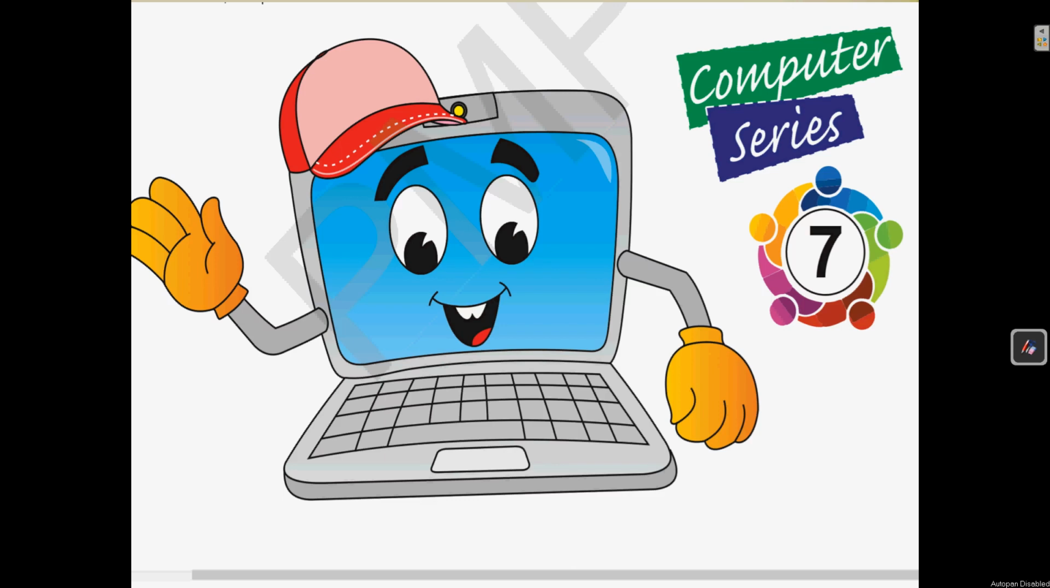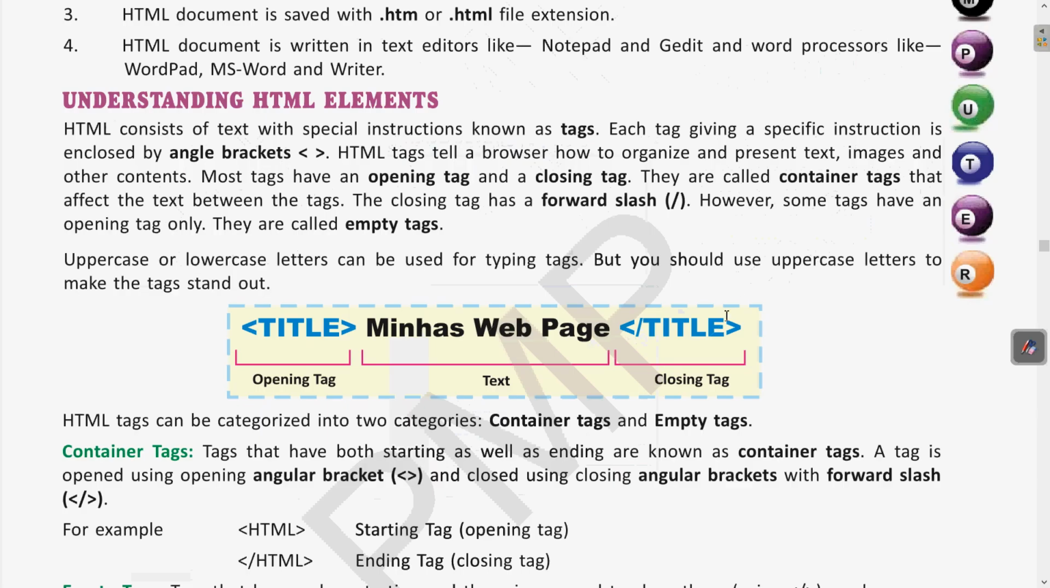So in the previous class we have seen, we are continuing with our chapter 5, that is HTML. So let us come to the textbook and revise the previous things which we have covered. In the earlier class we have seen about the different HTML elements. Like what are tags. Whatever special instructions are given in HTML, that are written in angular brackets, they are called as